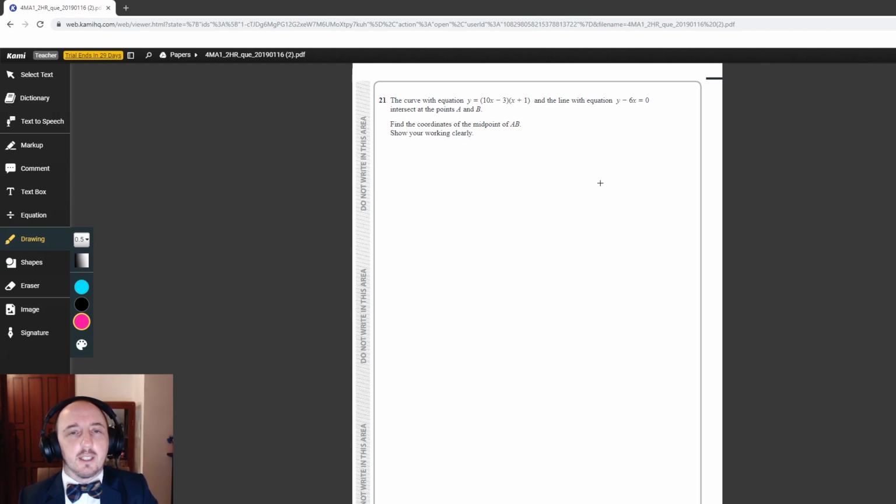Question 21 is very tricky to spot what this is actually about because you're doing an intersection of a curve and a straight line. So whenever you want to find the intersection points of two equations, you do simultaneous. So y equals 10x squared plus 10x minus 3x is plus 7x minus 3 is our first equation, and our second equation is y equals 6x. So I've just rearranged that linear one there. We can now substitute the 6x into the first equation,